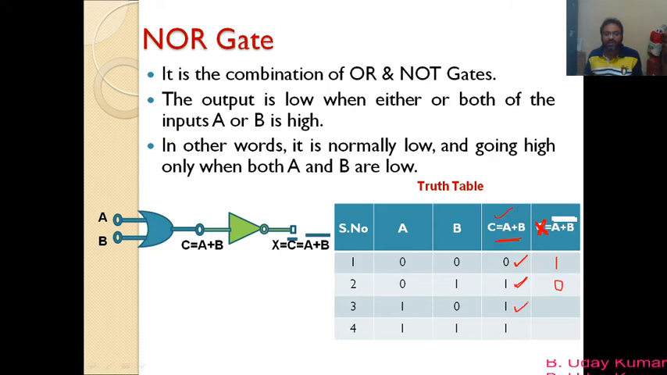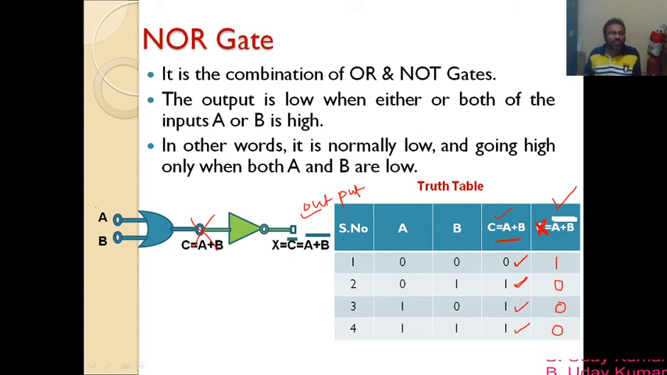Again here, a plus b is found to be 1, and a plus b bar will be 0. Again, if a plus b bar is 1, you get 0. So this becomes a plus b bar, which is the output of the NOR gate. This is the output of the NOR gate. Forget about this step. It is coming in between the combination of OR and